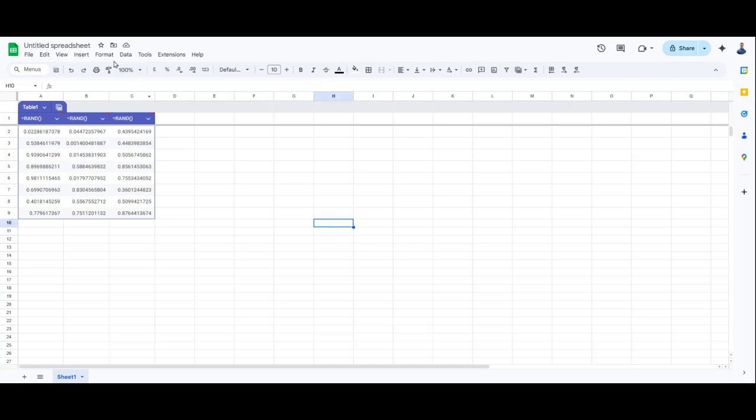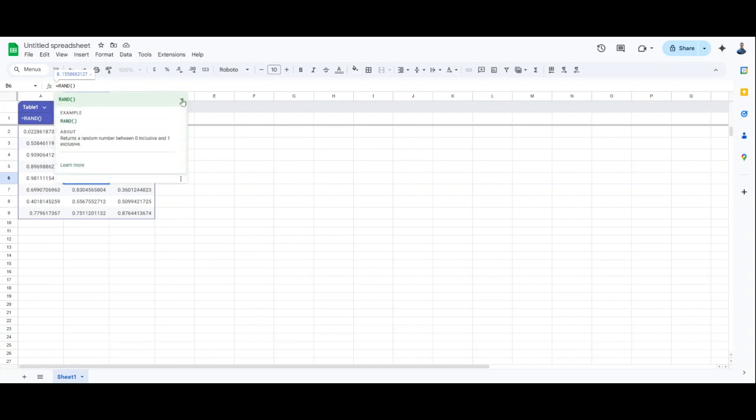Okay, I'm in the Google Sheet, and up here you can already see that I am using a number of RAND, which actually stands for random. All right, so you can see the function inside here. They are all random. Okay, and the idea of RAND, if I click this one down, you can see